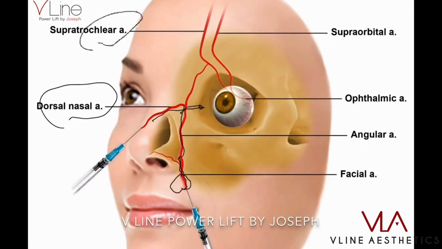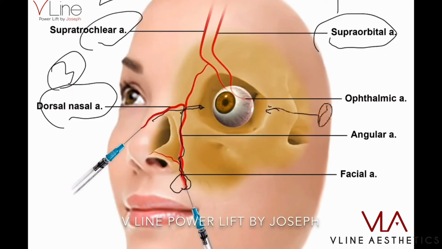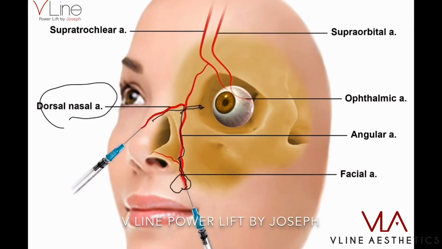supratrochlear, which is from inside the eye, and supraorbital, from inside the eye. So these 1, 2, 3 are from the internal carotid system. And there's another one that's not depicted here, which is the lacrimal artery from inside the eye that connects with the zygomatic orbital. But the whole point about this is when we inject the nasolabial region, we have to